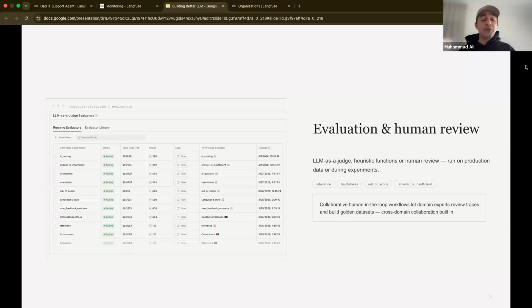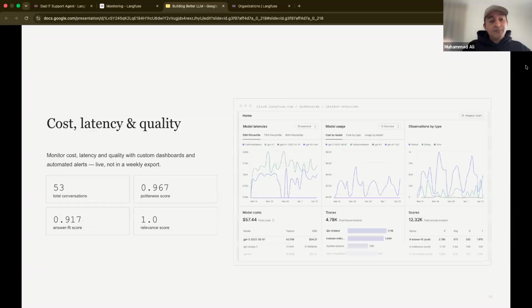For example, after reviewing, they can tell you whether this is a scenario that your agent needs to handle better, or a scenario your agent needs to refuse cleanly. And we will see that in the workshop as well. So human review is a critical part of this process, and we offer annotation queues for that.